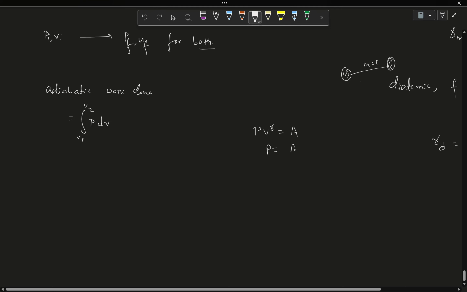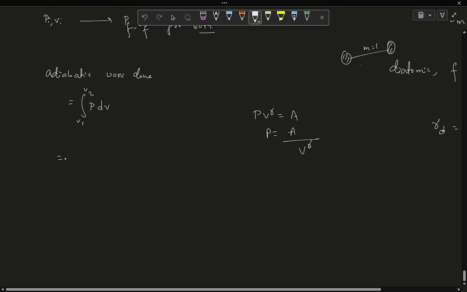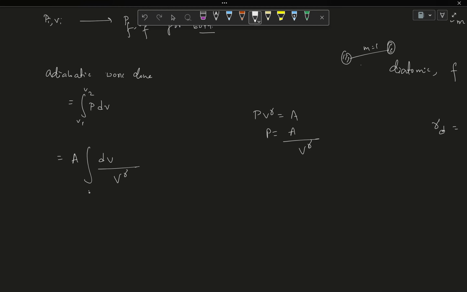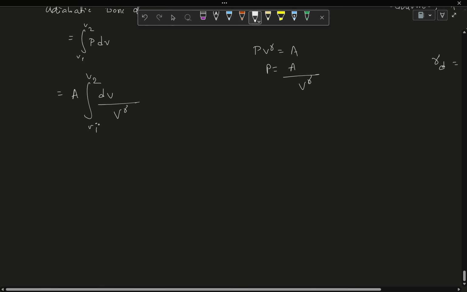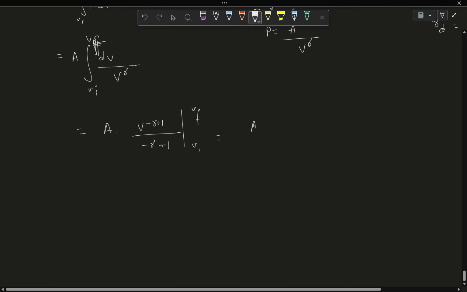So your P is equal to basically A by V to the power gamma, right? So you put that, A is constant, so it comes outside. So this is dV by V to the power gamma from V1 to V2. Or in this case, Vi to Vf, because here the initial and final are marked by Vi and Vf. So this is A, then V to the power minus gamma plus 1 divided by minus gamma plus 1, Vi to Vf. So this is equal to A by 1 minus gamma